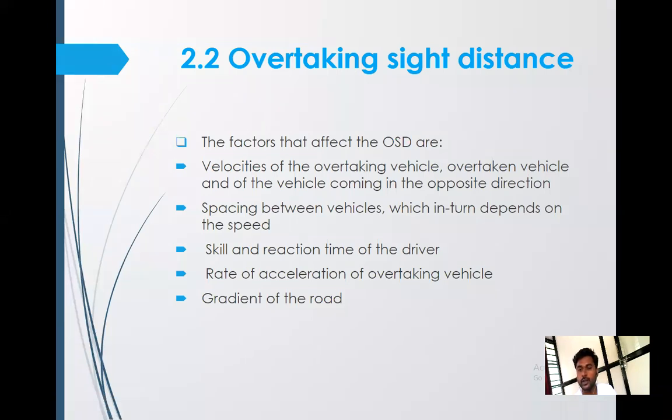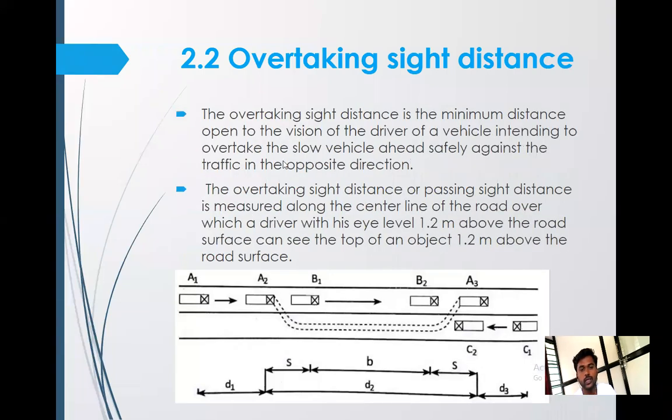Okay, what is meant by overtaken vehicle? What is meant by overtaking vehicle? In this figure, the vehicle A is known as overtaking vehicle. Vehicle B is taken as overtaken vehicle. Please remember these words. Overtaking vehicle is A, and overtaken vehicle is vehicle B in this figure. These are the confusing words: overtaking and overtaken.